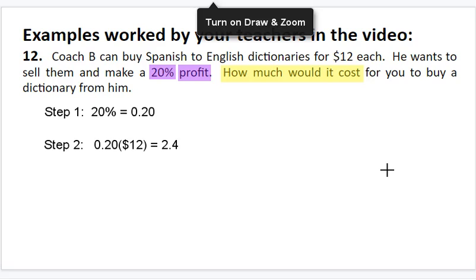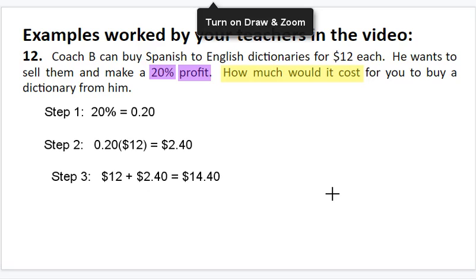Now, once again, that doesn't look like money, so I'm going to put a dollar sign in front of it. And then I'm going to add a 0 so that it looks more like dollars and pennies. So $2.40. Okay. Step 3 tells me that I need to add that amount back to the original cost. So they originally cost $12. I'm going to mark them up by $2.40. So I get a final cost